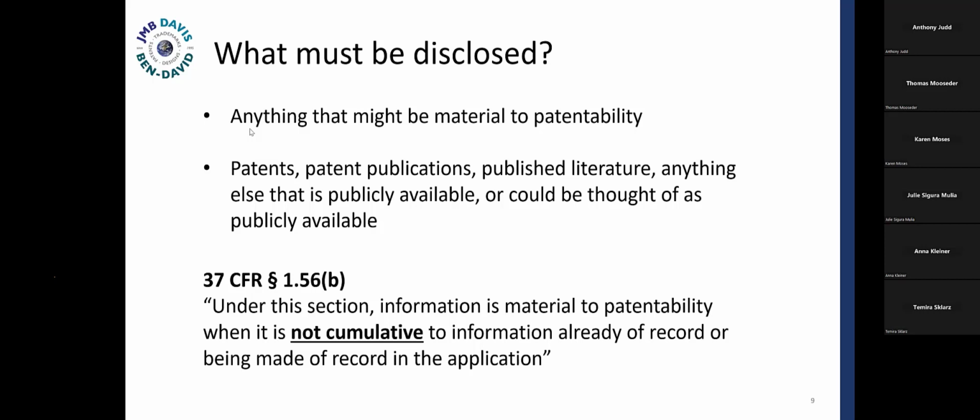At the same time, the material that you have to present to the USPTO doesn't have to be duplicative. So in the federal rules, it says, as long as it's not cumulative, you have to disclose it. That means that if you have two patent applications which you know about, and they basically say the same thing, they have the exact same subject matter, but there are different variations on it, in all reality, you only have to disclose one of them. Next slide, please.